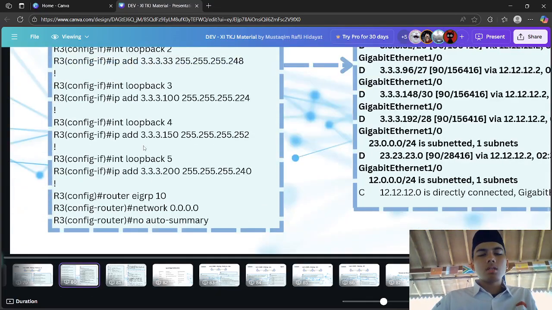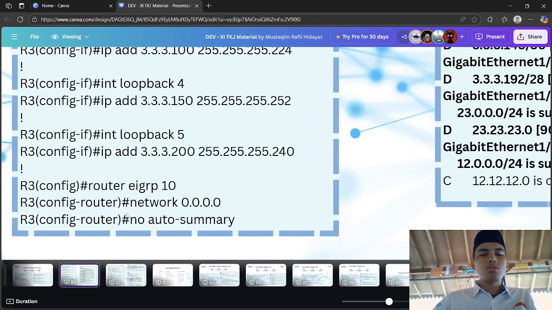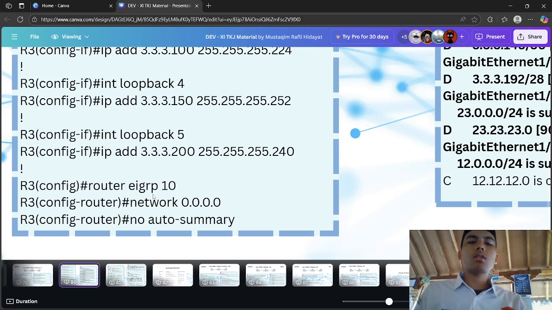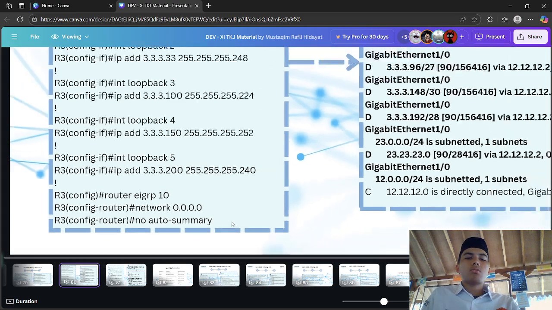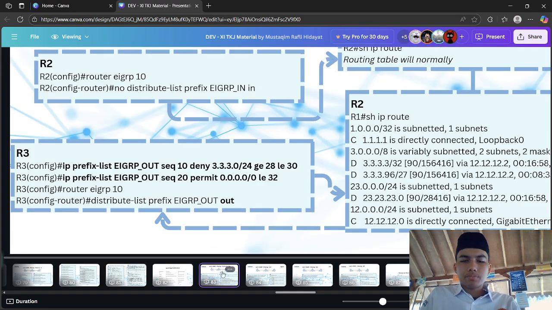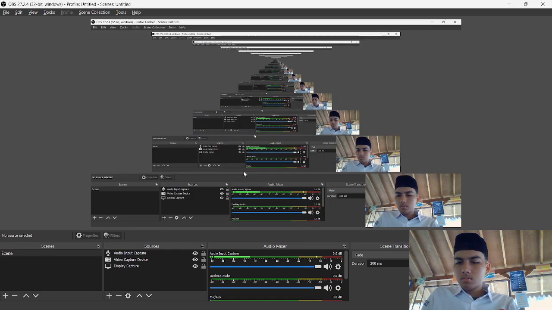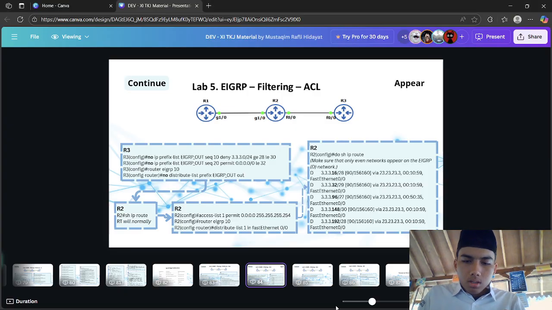After that, we just input the router EIGRP and advertise all of the networks with 0.0.0.0 and no auto summary.